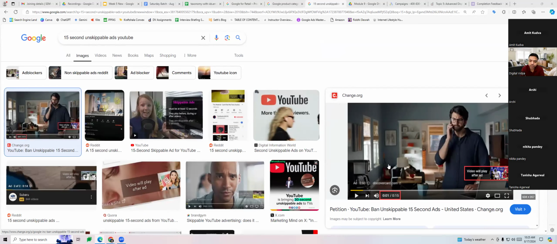Sometimes what happens is our product is quite complicated and it's difficult to explain the product in 6 seconds. So in such a case, you can make use of this ad type. You have two options now for brand awareness: either you use bumper ad or this one. So this is also something which we can make use of when I'm running a brand awareness campaign.